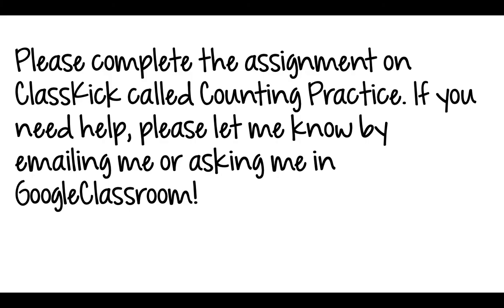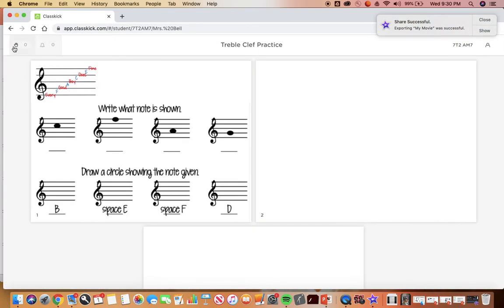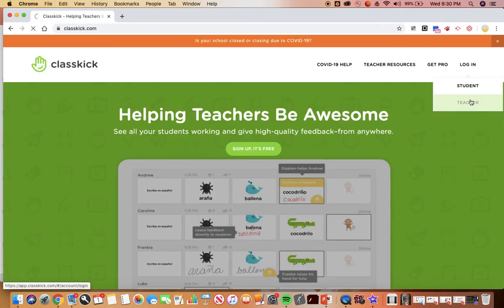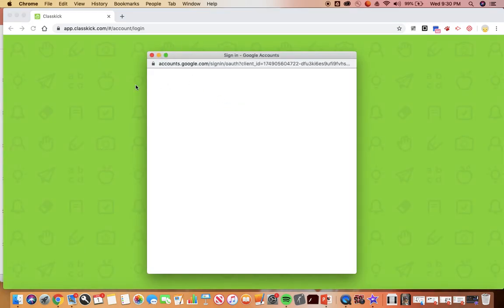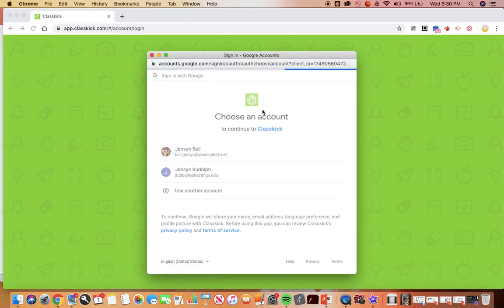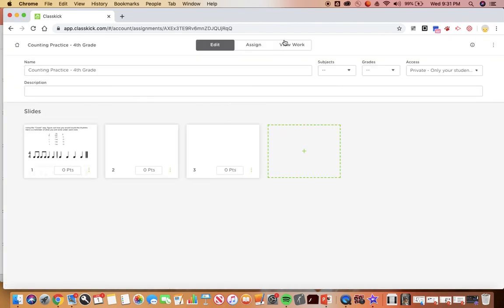Please complete the assignment on ClassKit called Counting Practice. If you need help, please let me know by emailing me or asking me in Google Classroom. I am going to go ahead and show you what your assignment will look like. So when you get onto ClassKit, oh my goodness, sorry, I should have had this ready to go. All right,